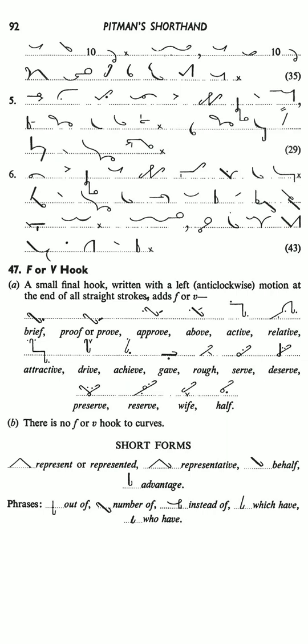Hello students, after completion of topic N hook and its related exercises from chapter number 12, today we will do the next topic, F and V hook. A small final hook written with a left anti-clockwise motion at the end of all straight strokes adds F or